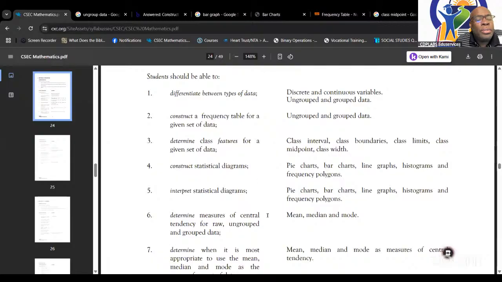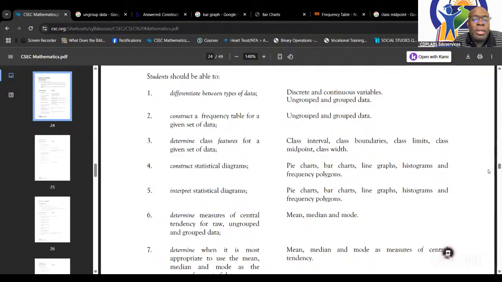All right. So line graphs now, as it suggests, use lines instead of bars. And a histogram is where bars really come close together. The frequency polygon is basically the link between the two, when you put the line graph and the histogram combined together. All right. Now, determine the measure of central tendency for raw and